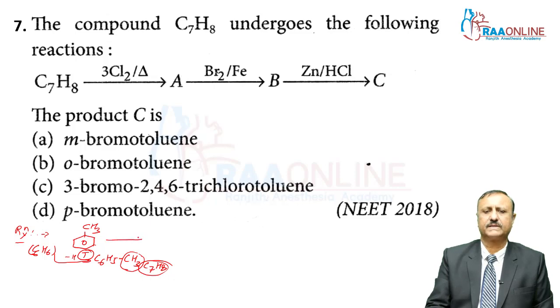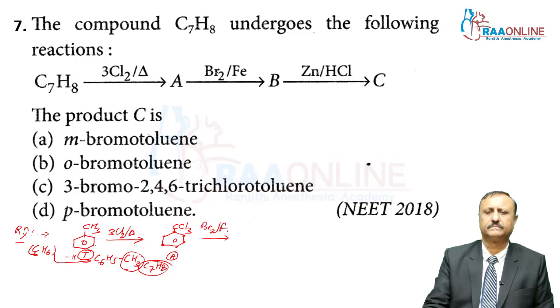Now, we can start the reaction. This toluene reacts with Cl2 and heat. So, when Cl2 is heated, then substitution reactions take place. So, my dear students, here you can get the CCl3 compound. This is the CCl3 compound, and this CCl3 compound, which is the A compound, reacts with